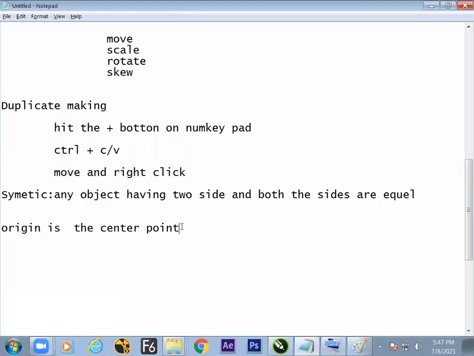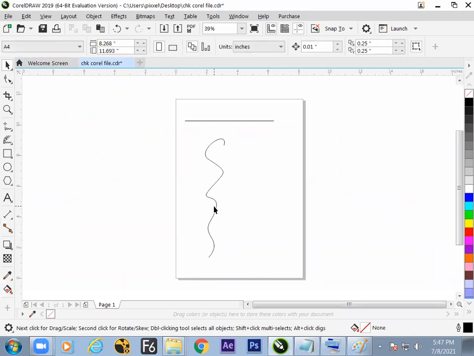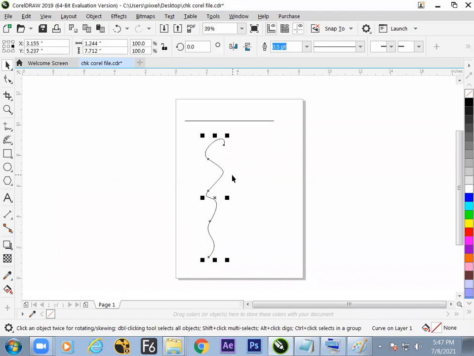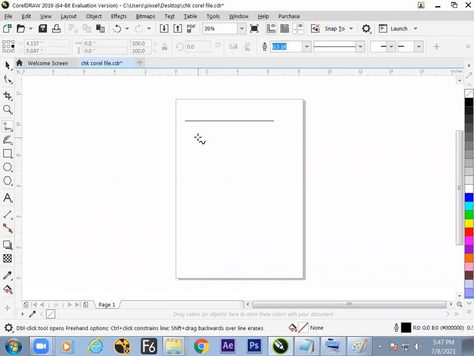Fine. So hope we have understood now how to change the center point. Origin is the center point. By default, it will be in the center, but you can shift it to any side you want, then make a duplicate and get the symmetry in a different format.